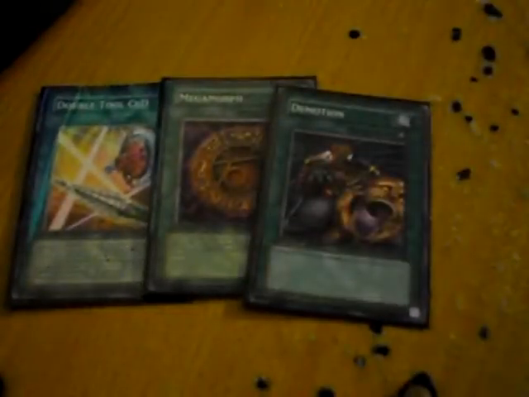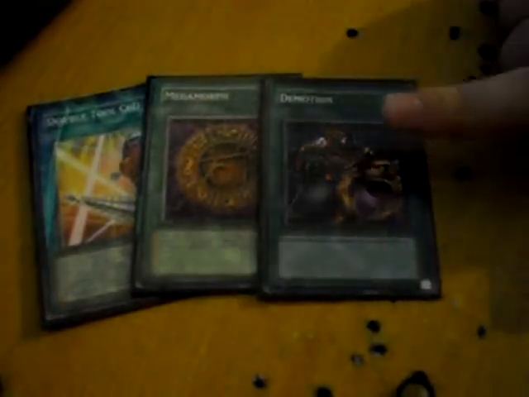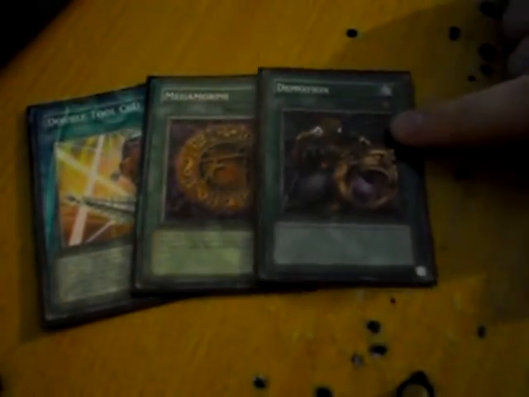3 different equip spells here. I've got Double Tool C and D for a Power Tool, which I was considering doing, but then I realised I was using Debris to go into Black Road, so I couldn't go into Power Tool. Megamorph, which we all know what Megamorph does, and Demotion, an interesting little thing. It was in version 2, stick around for version 3, decreases the equipped monster's level by 2,